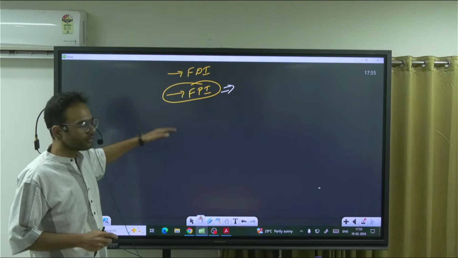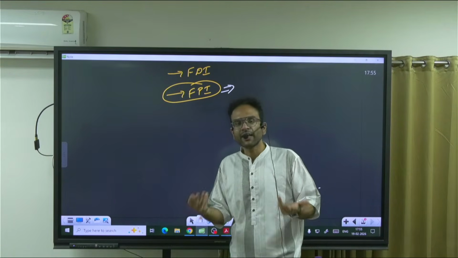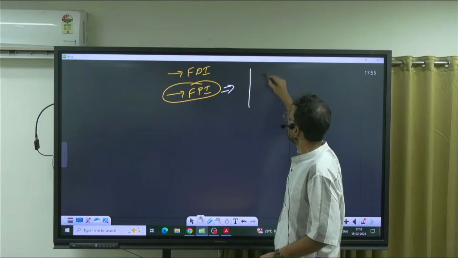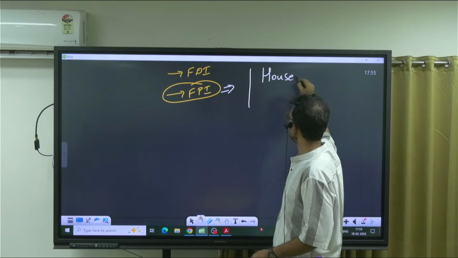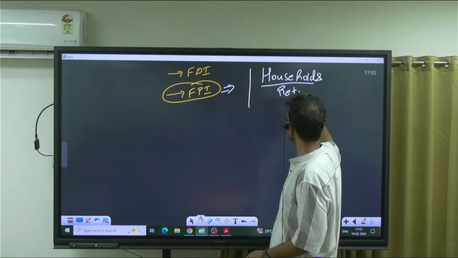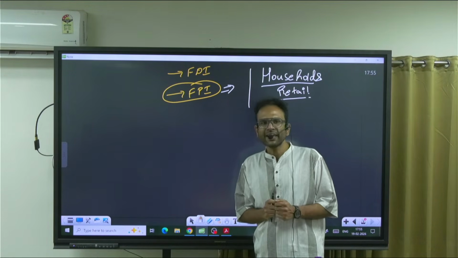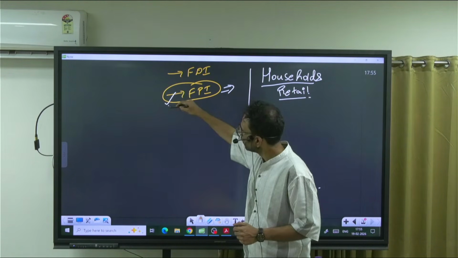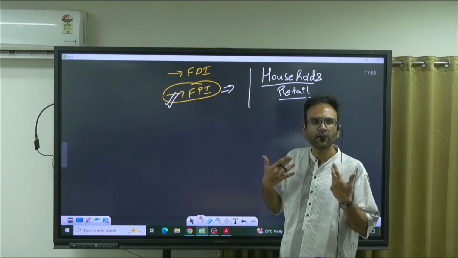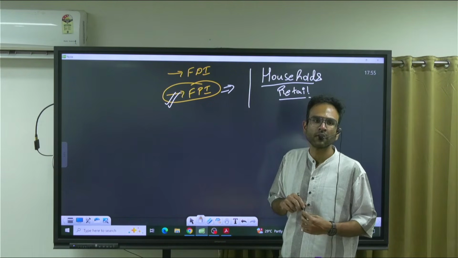Apart from these fellows, in the post-COVID era, you are witnessing the rise of so-called retail investors or households like you and I. So you have households or retail investors in the markets. The Indian economy traditionally depended on FPIs because we were offering an interest rate of 7-8%. These people were interested in us.